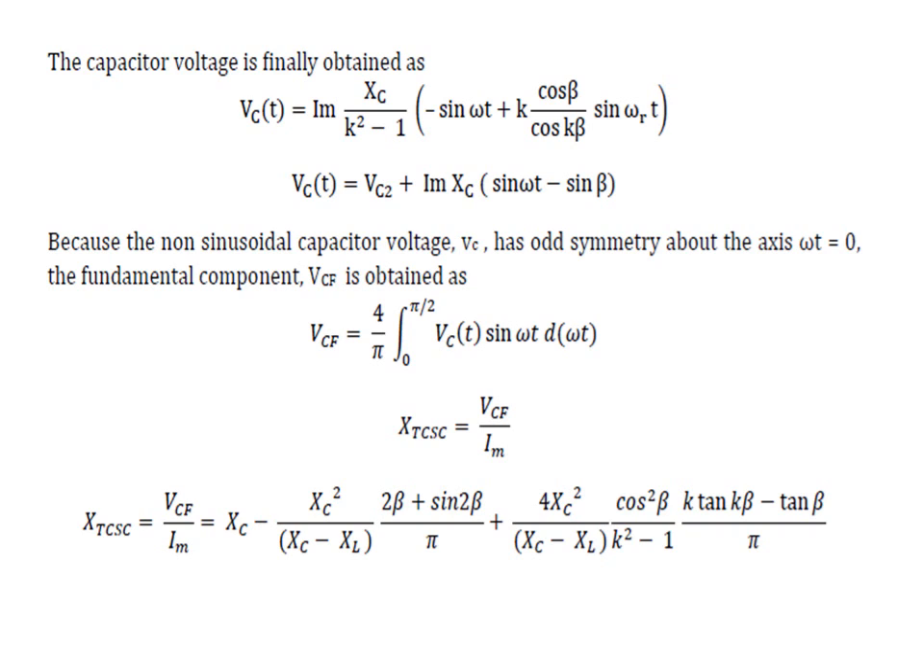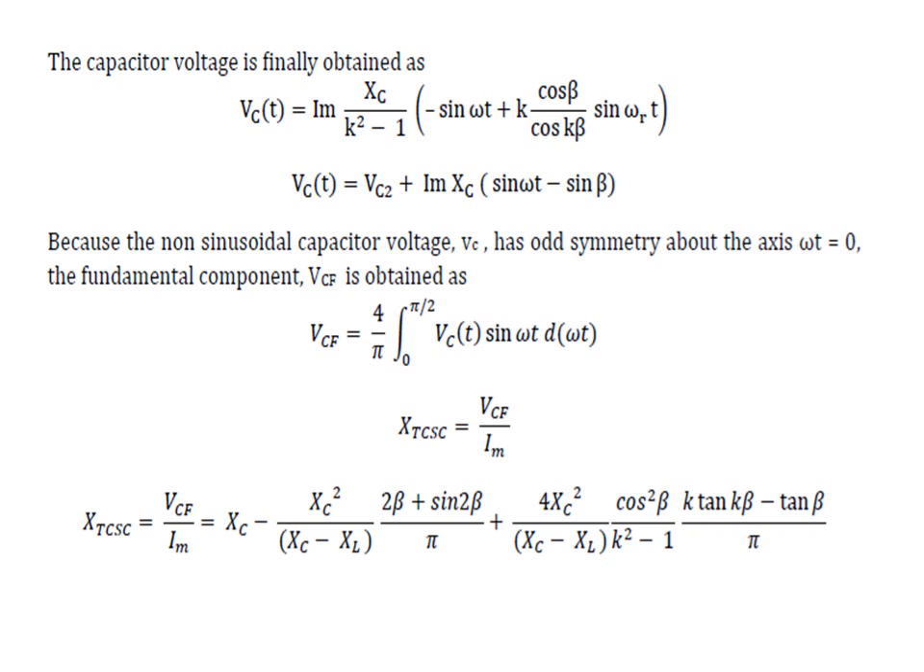So therefore, if we substitute, we get Vc of t is equal to Vc2 plus Im Xc into sin omega t minus sin beta. Because the non-sinusoidal capacitor voltage has odd symmetry about the axis omega t is equal to 0, the fundamental of the capacitor voltage is Vcf is equal to 4 divided by pi times the integral from 0 to pi by 2 of Vc of t sin omega t d omega t, and the reactance of the TCSC, considering the thyristors and capacitor, is given by X TCSC is equal to